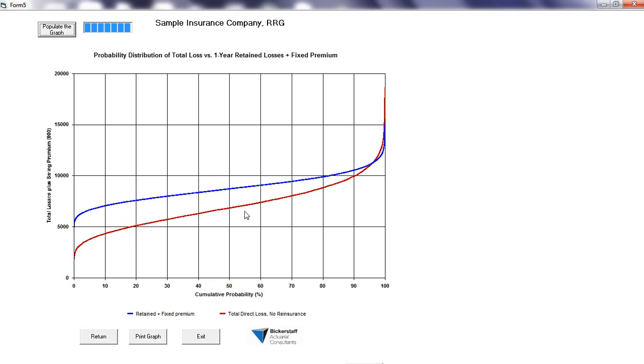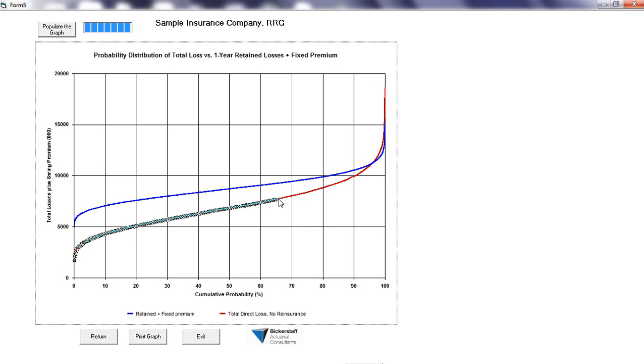And we have two lines here. The red line represents the total limits losses from ground up for the ceding carrier with these definitions. And the blue line represents the sum of retained losses plus fixed premium for the ceded losses. It's only when you get to about the 96th percentile that you would actually have a little bit of risk transfer in there. Now, as I said in the first two parts,